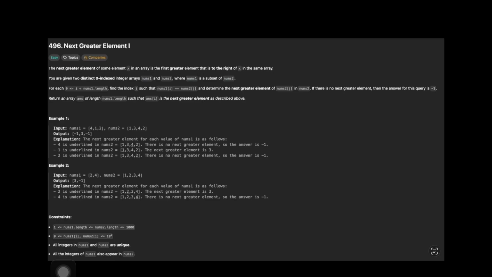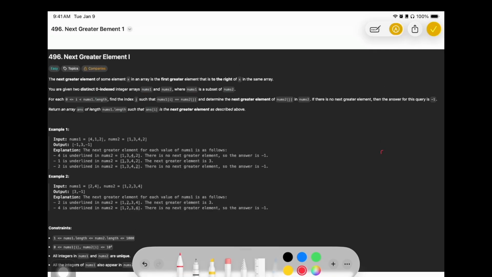Today we're going to discuss one of the stack problems in LeetCode. That's problem number 496 in LeetCode. Let's see what they are looking for. They mentioned the next greater element of some element x in an array is the first greater element that is to the right of x in the same array, which means